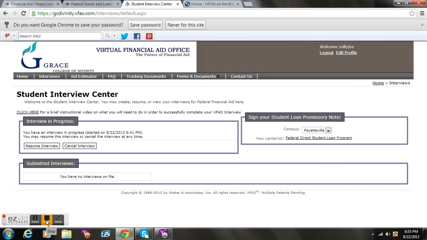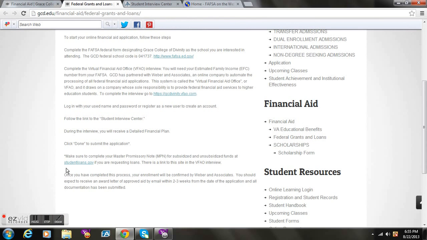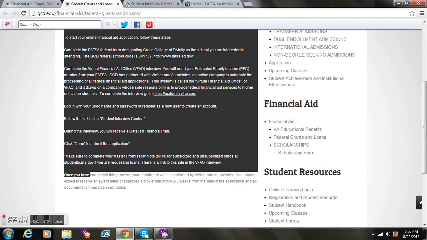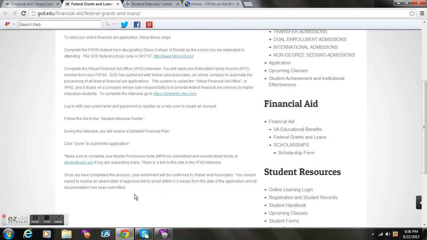But then I brought you back here so that you could see everything that you need to do. You're going to then come back over here to the Federal Student Grants and Loans under the GCD site, and you're going to find the link for your master promissory note and your entrance counseling. It's all in there. The next thing you're going to do